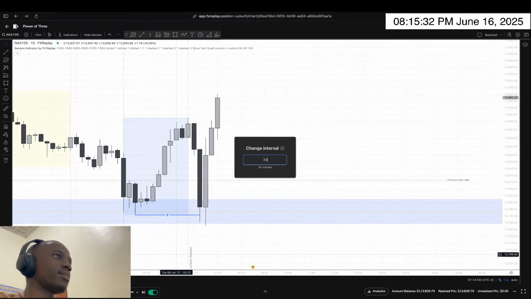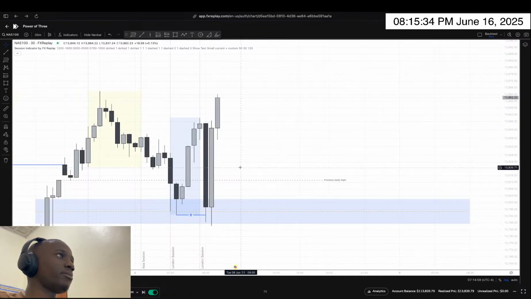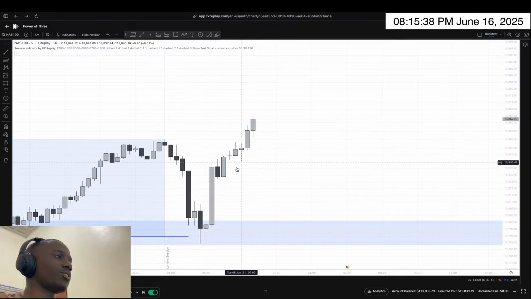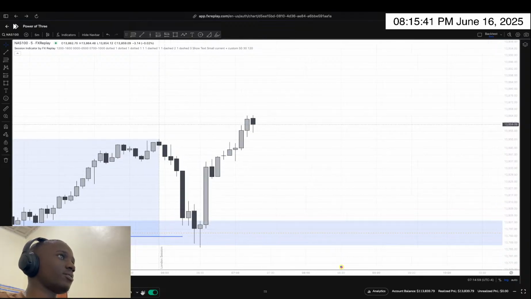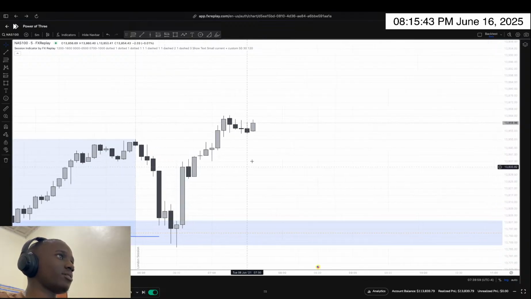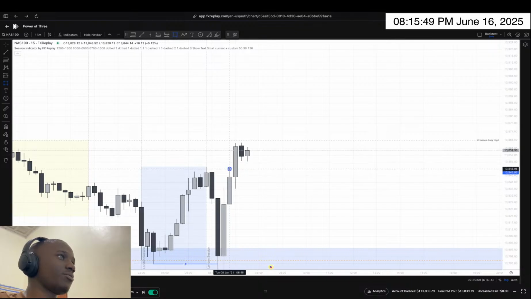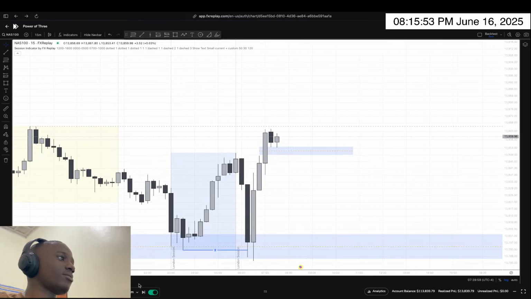Yeah, that is it. Do we get a gap? No, not just yet. How is the 5 minute looking? We have the shift there. We get a retracement, quite a small one. Not just yet. Maybe we would like to get a retracement inside of here. Yeah, maybe right there. So let's see if we get one.